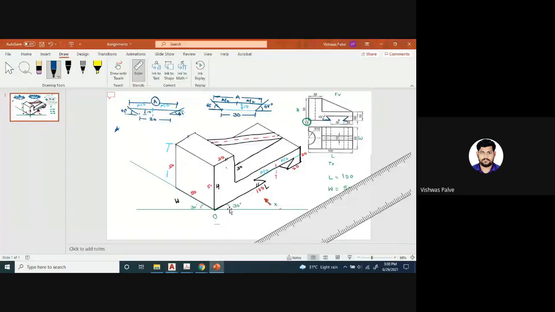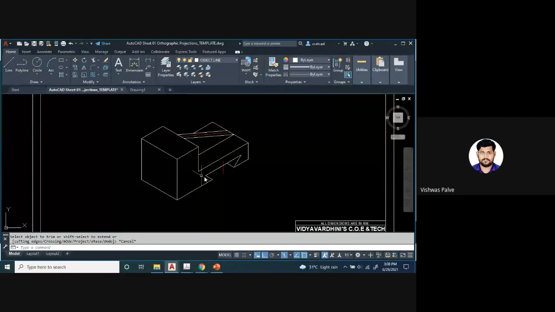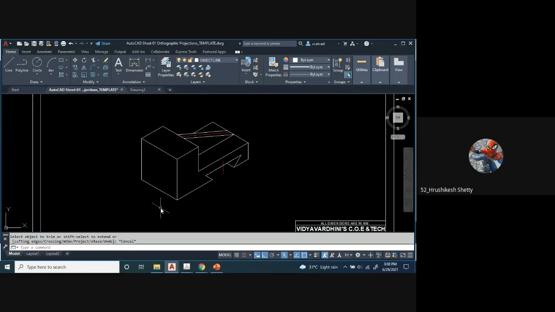So the same problem, I have drawn it on paper as well as on isometric. Now I want to draw this circle. So for a circle in isometric, what was the command? Yesterday I showed you the command. What is that command? Ellipse. If I want to draw a circle in isometric, you have to use the ellipse command. So you have to type ellipse, enter.